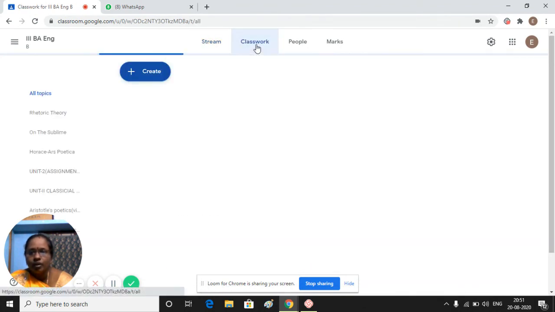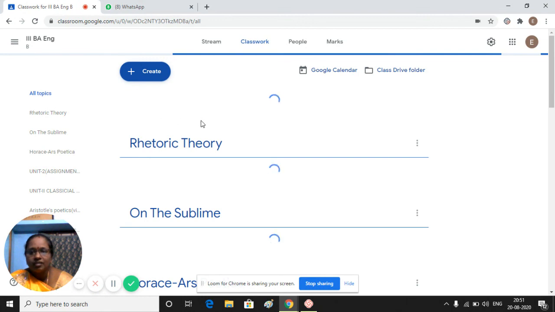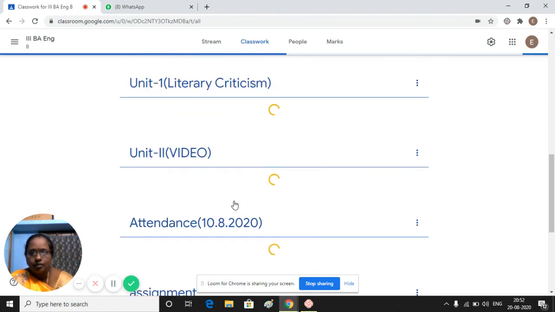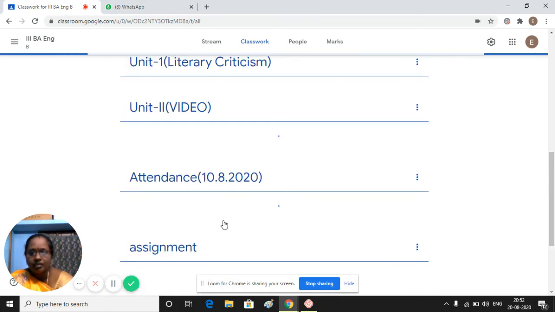Next, Classwork. So far I have assigned classwork and the assignment I have given. Then materials and everything is posted. So if I click that assignment, the first assignment,